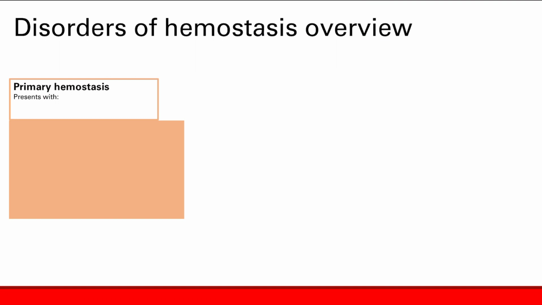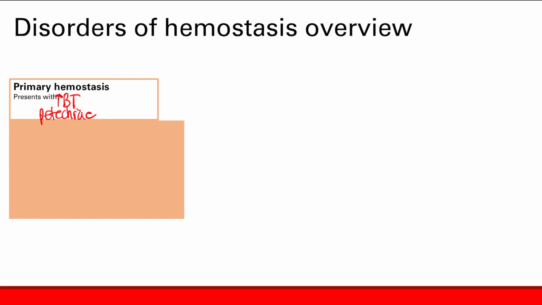So primary hemostasis, what was the problem? The problem is with platelets, so either too few platelets or your platelets don't work. And how does this present? What would the labs be? We said labs would be increased bleeding time, and the presentation was petechiae and small skin and mucosal bleeds. Just want to add, this is the last part. This is an overview of what we just talked about. You can skip over it. I'm just quizzing you on what happened.